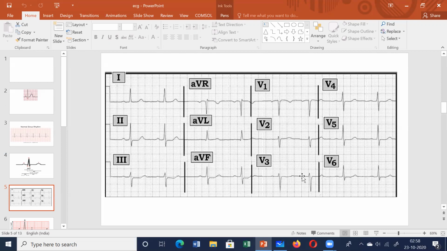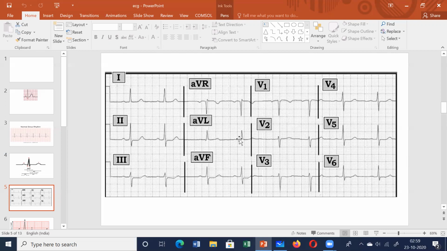And what happens in the diastolic overload? Just the opposite of what I told you just now. In the leads 1, AVL, V5, V6, the Q wave becomes deeper, and the T wave, instead of becoming inverted, becomes taller. I shall tell you that again later, but this much at least to remember: in left ventricular hypertrophy, the two criteria I told you are V1 S wave plus V5 or V6 R wave more than 35 millimeters, or the R wave in AVL more than 12 millimeters.